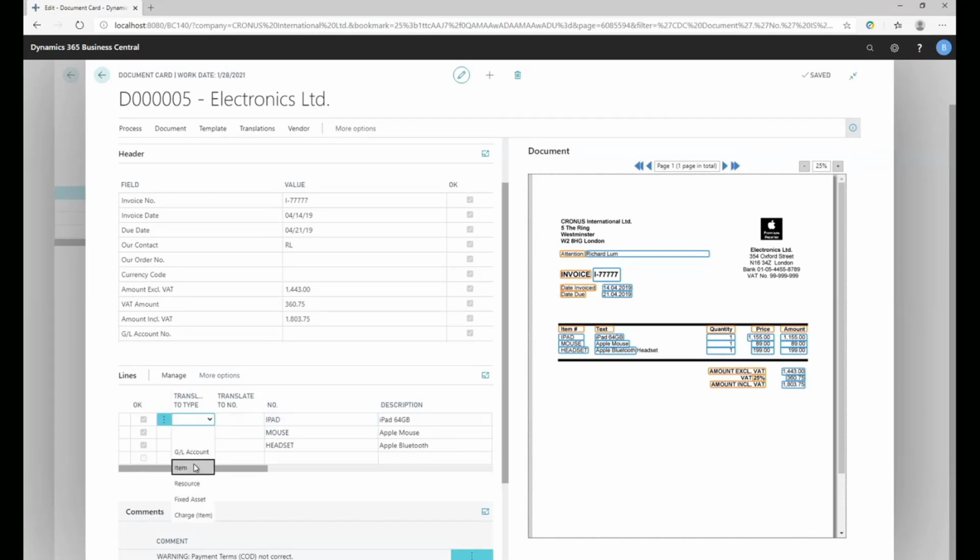Simply what's left to do is specify what it translates to in your Business Central. So you may not have an item that's called iPad or the number iPad. It may be a specific number in Business Central. Again, the same with a GL account. You get all the options as you would on a purchase invoice: GL account, item, resource, fixed asset, and charge item. So if I do a GL account in that one, hopefully,